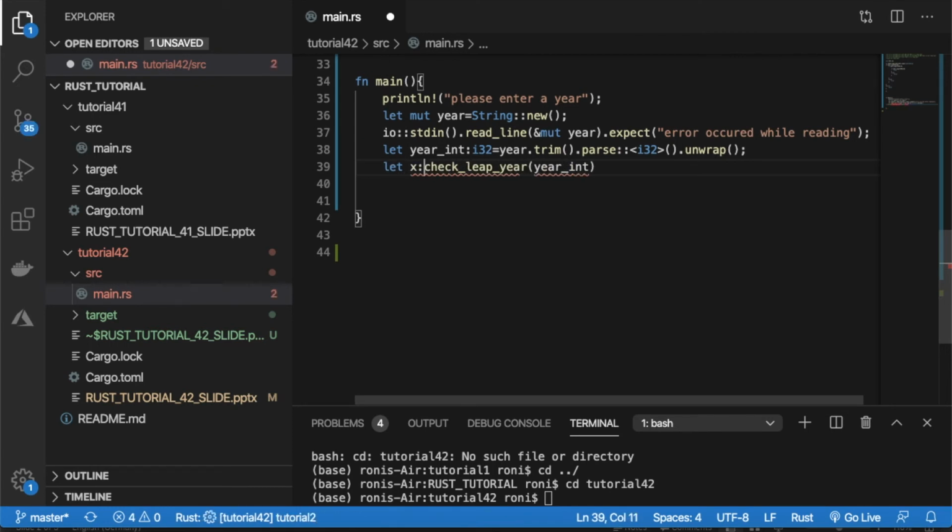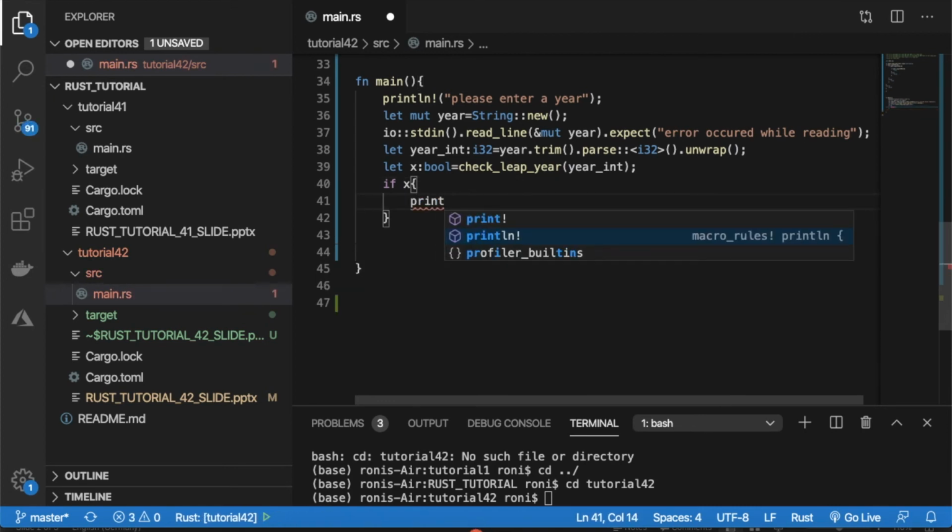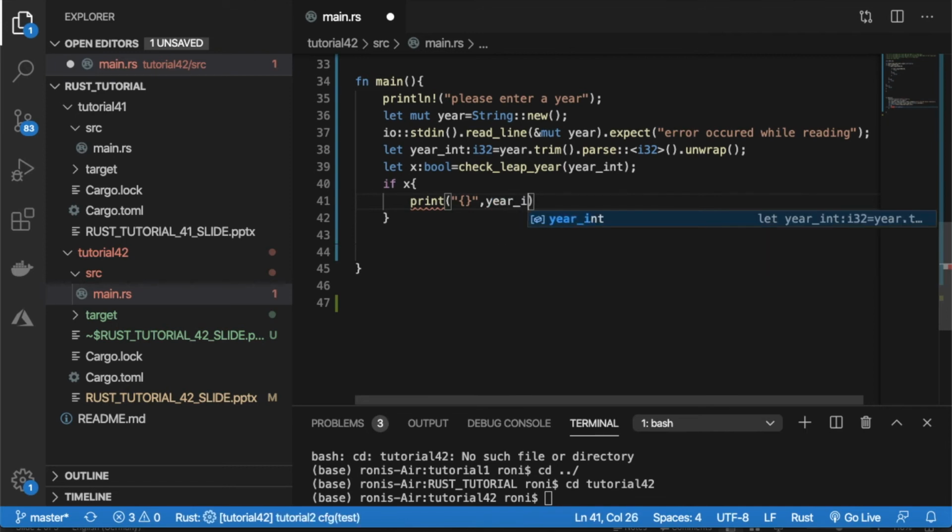Let x be a bool, this. If x, print year_int is a leap year. Okay,